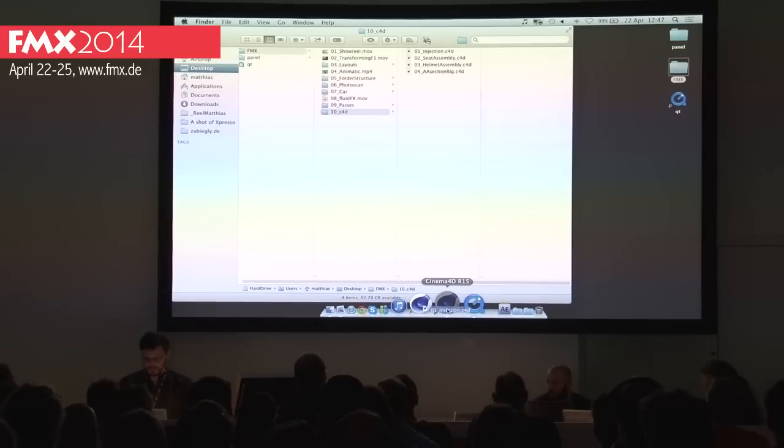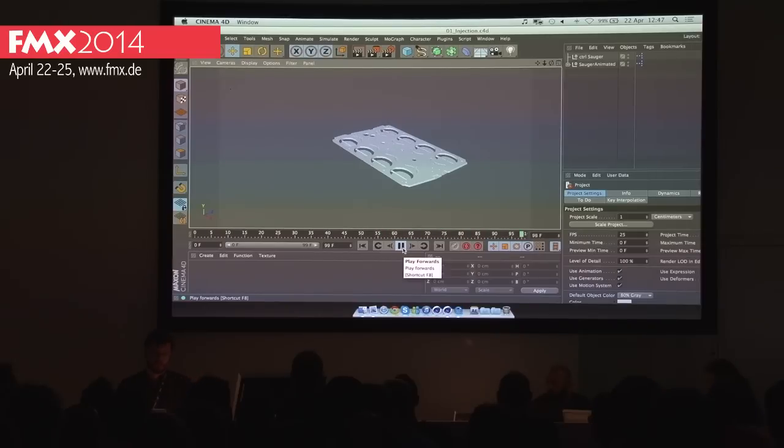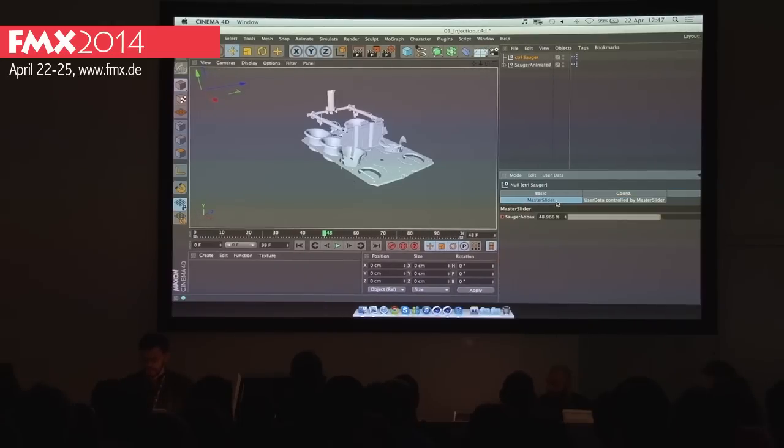And now just really quickly, I wanted to show you some files in Cinema. I've only got a few minutes left, so we can't go really deep in everything. That's one of the setups that we created for deconstructing the fuel injection of the car, because it goes from non-direct fuel injection to direct fuel injection, so we needed to deconstruct the non-direct one. This was done using a single slider which drives everything, which makes it very, very easy for the animatic guys to get the timing right, because this setup was created when the shot where it would be used wasn't finished with camera moves and everything. So the task was to create a setup which is very easy to get the timing right,